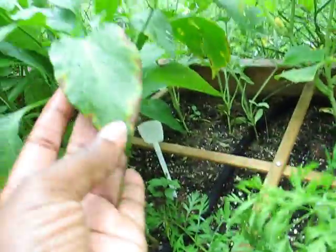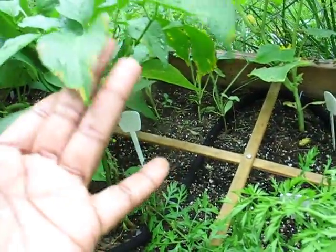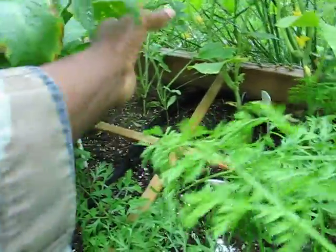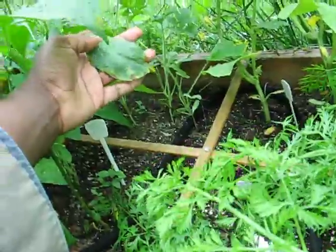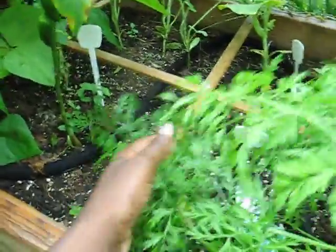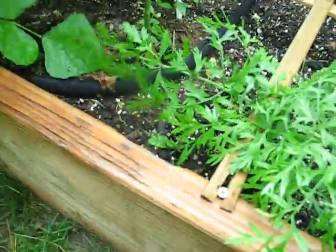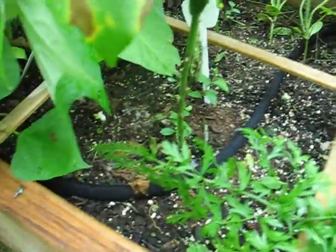I don't know why these are turning brown. I have no idea. I've been spraying these down with an insecticide/fungicide that's based off of neem oil, but I don't know. I know I laid down some fertilizer, and that fertilizer is horrible, because as you can see,